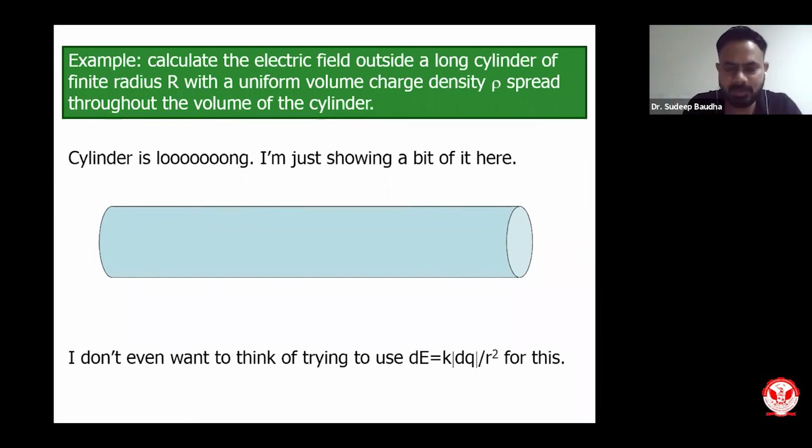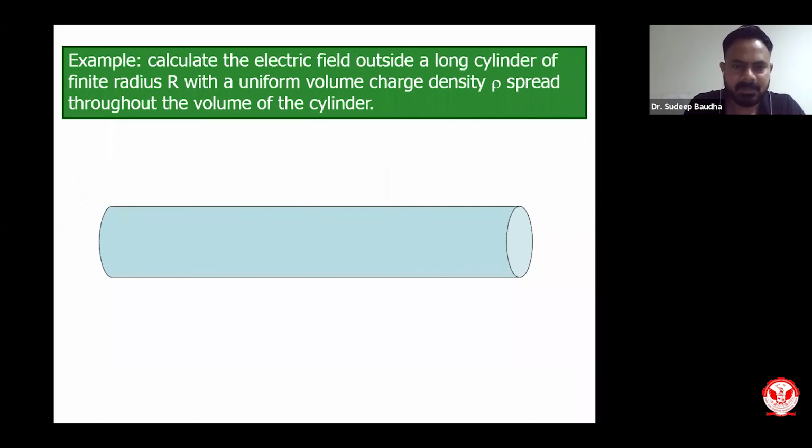So for solving such geometry, I will be using Gauss law, or I call it Gaussian geometry, for evaluating the electric field due to this cylinder containing a certain amount of volume charge. So this is the cylinder we start with, which has a uniform volume charge density rho. So we have rho, which is of course greater than 0, so it is positive in nature. I have defined the parameter rho, which is positive.